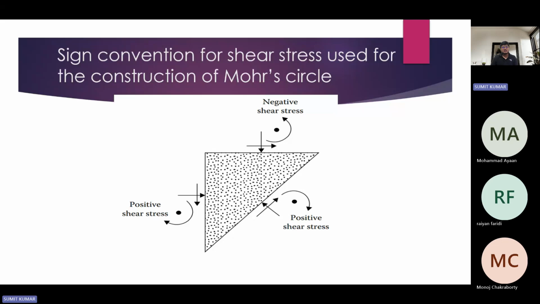And in the normal direction, if compression is applied, it is said to be compressive, and if it is applied away from the plane, it is said to be tensile,